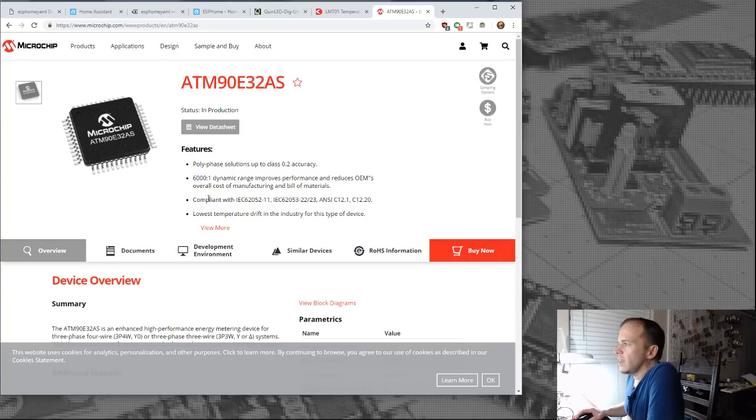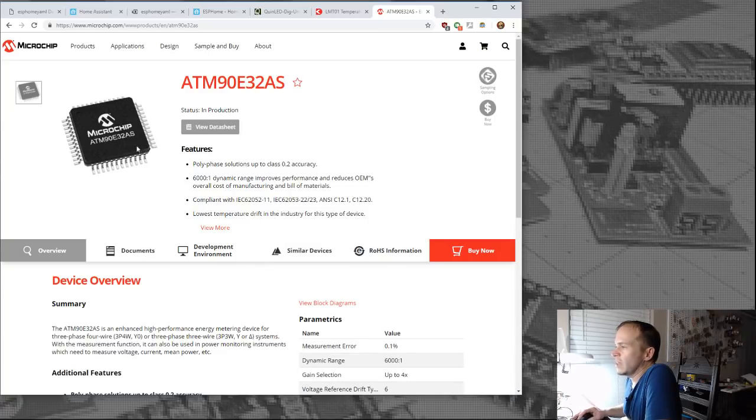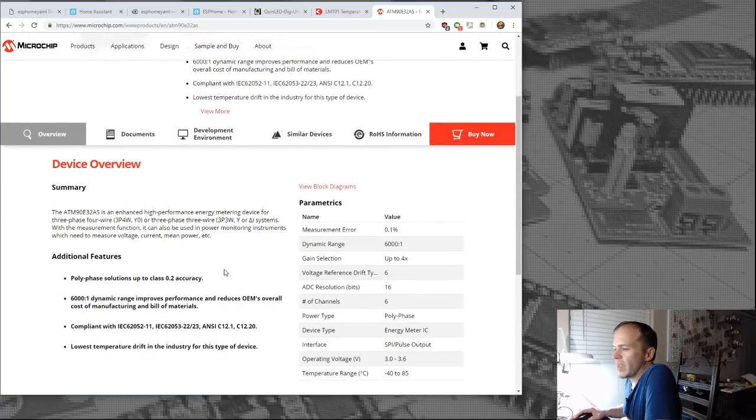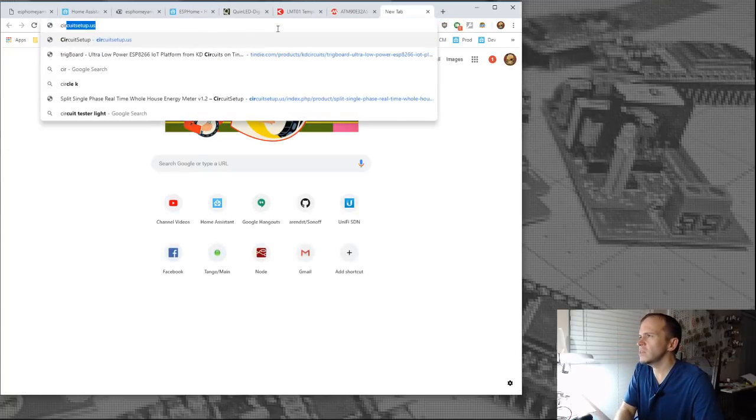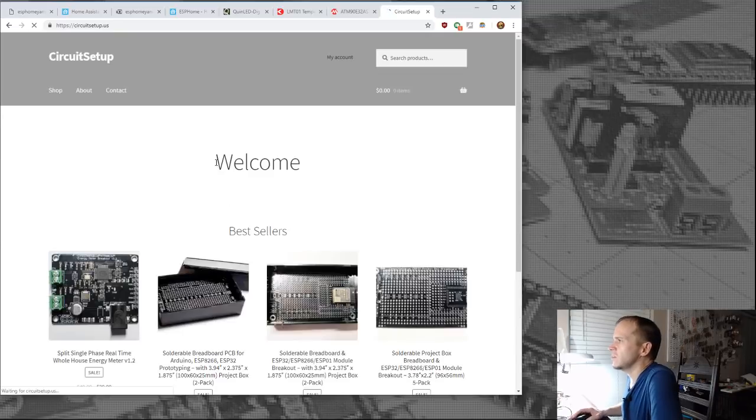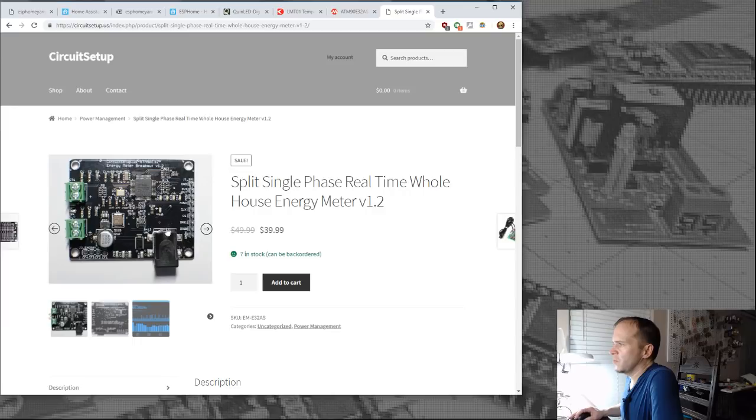And I've been really impressed with the accuracy and how quick this thing responds. And that's the chip he used on, but I know he's making another one. Let's see, circuitsetup.us was his page. He's making another one for this, and it's a pretty simple board to hook up, and it does feed AC voltage, so it can read the hertz and the voltage.